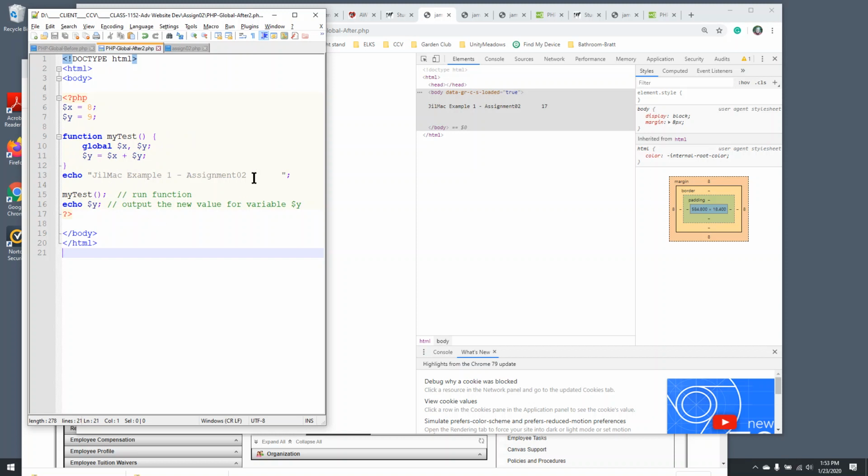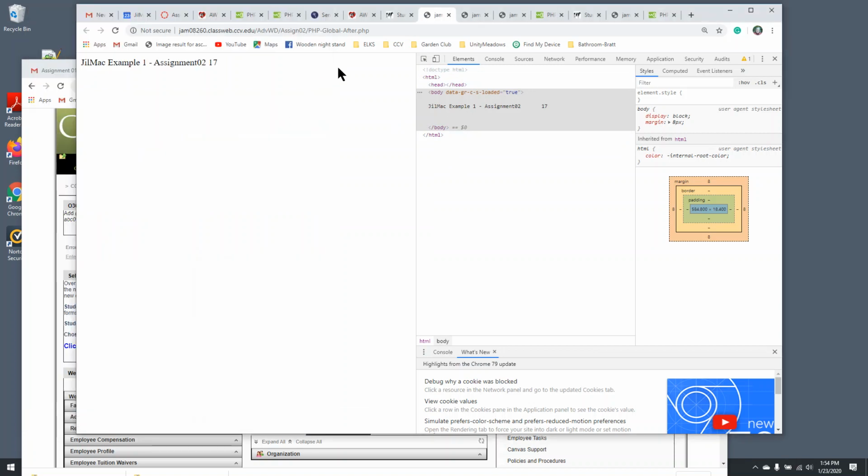So I just want you to know that when you do a view source on a page, you're not going to see any server-side language. You're only going to see the client side. You're only going to see HTML, CSS, pictures, that kind of stuff. So now that we have that out,